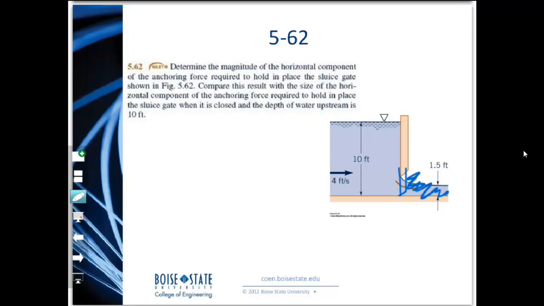If you look at this as your control volume, there's no flow going out, so it's pretty steady here. So you can then compute the hydrostatic force on a plane surface. If you remember it, it is F equals